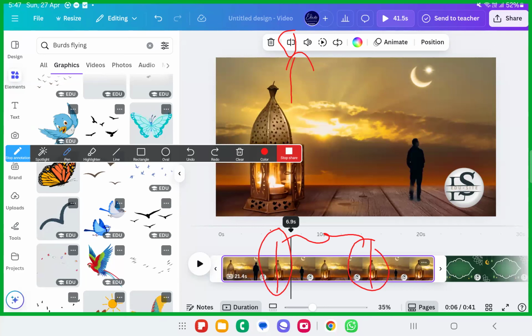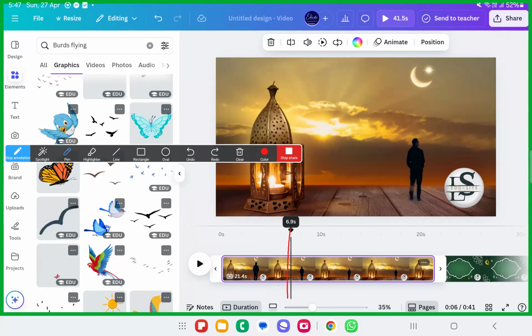So the problem statement is 6.9 seconds to 10.5 seconds. I don't want this much stuff. This is your client telling you. Just to remove some part of the video, you will have people asking for this. Please remove this part of the video and give it to me. This is a service that you can provide for people. Remember, even for this, they will pay you, because whoever is getting the service done does not know A or B of video editing or photo editing. So you are in a win-win situation wherein you can create the stuff very excellently.